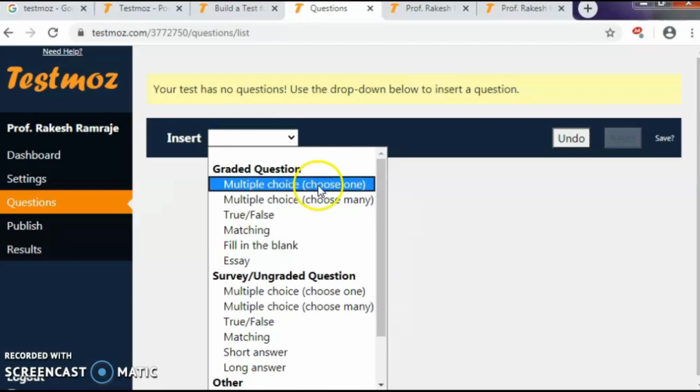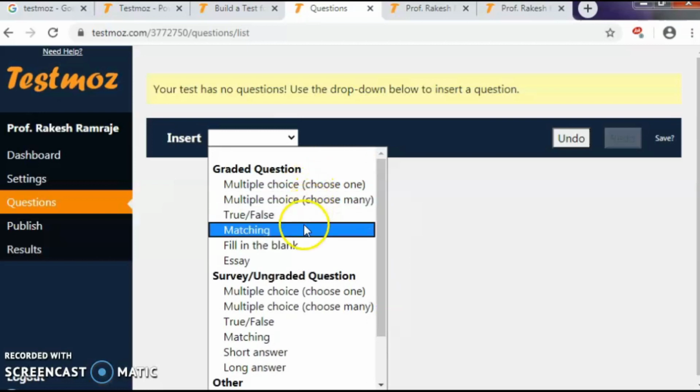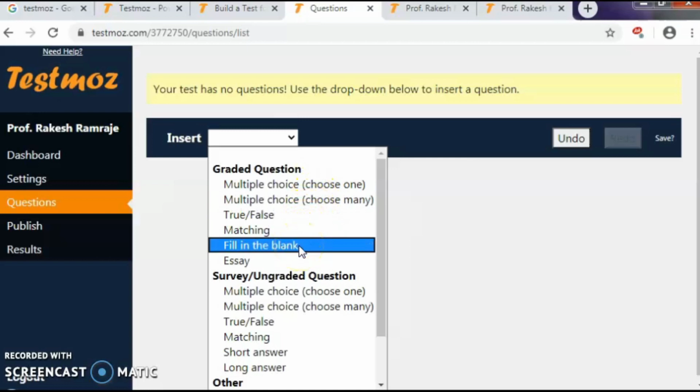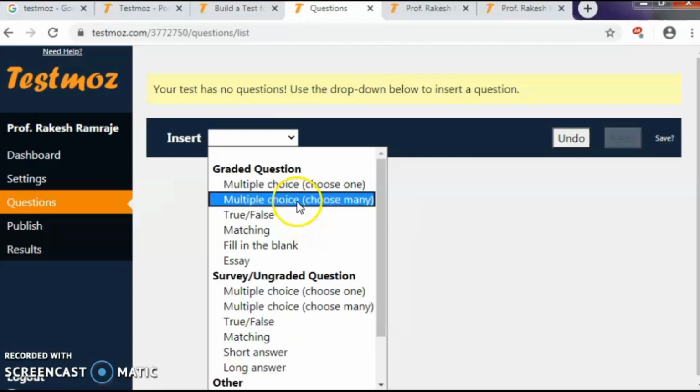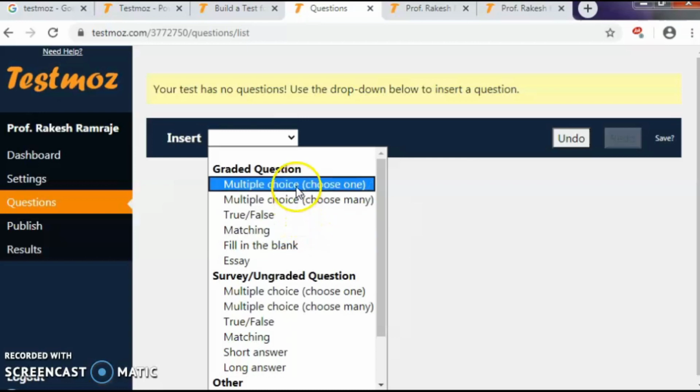Basically multiple choice question, true or false, and fill in the blanks. These are the free options, the types of questions that are free for this tool. But if we want to use other types of questions, we have to pay for that, and afterwards you can make your questions in that type of questions in this tool.